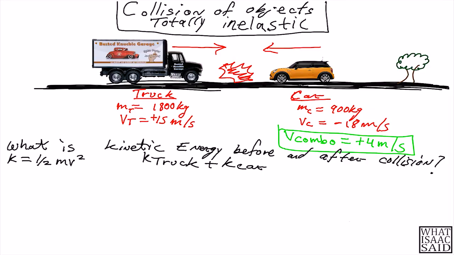The kinetic energy of the truck is 1/2 times the mass of the truck, 1,800, times its velocity, 15, squared, plus the kinetic energy of the car, which is 1/2 times the mass of the car, 900, times its velocity, minus 18, squared. Notice that the minus 18 is going to become a positive because we're squaring the number, and that should give us approximately,